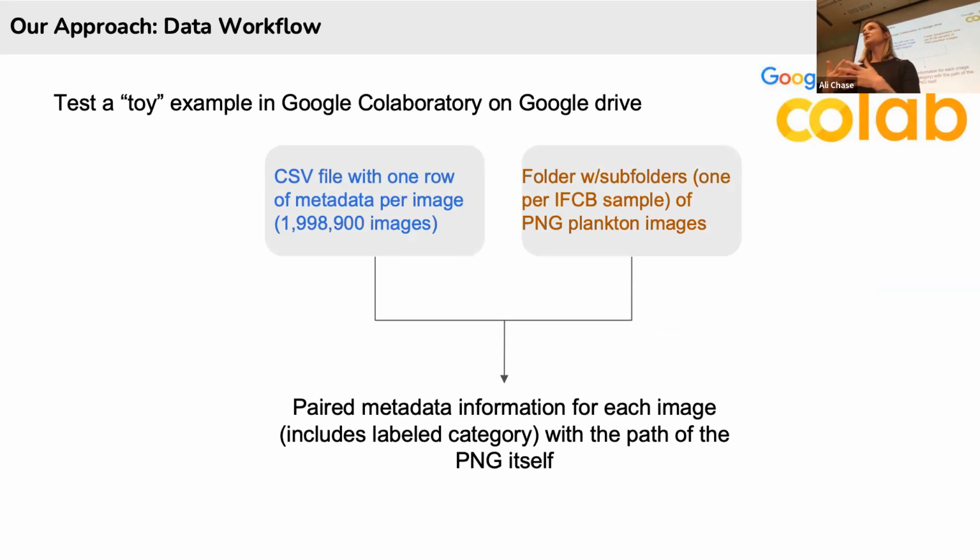So we just need to pair these two data sets, and then we can pass them to a deep learning network. We were working for this part in Google Colab, so Colaboratory, which is a Google environment where you can work in Python and write and run Jupyter notebooks in a shared drive space. So that was helpful for when Valentina and I were working asynchronously.